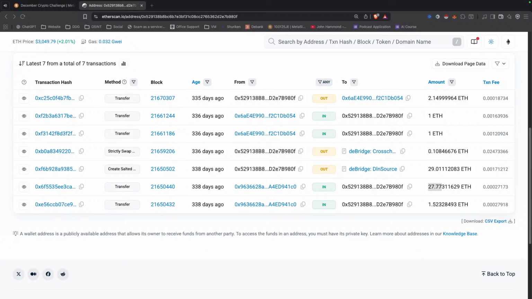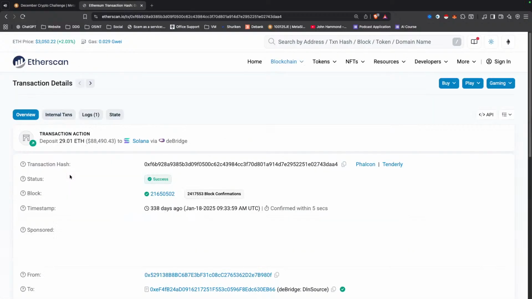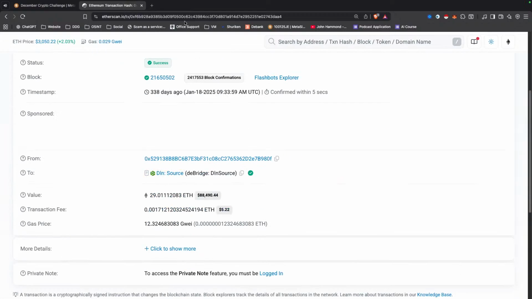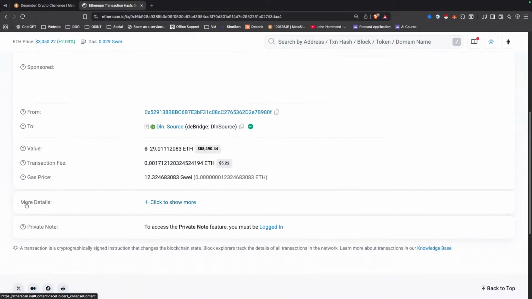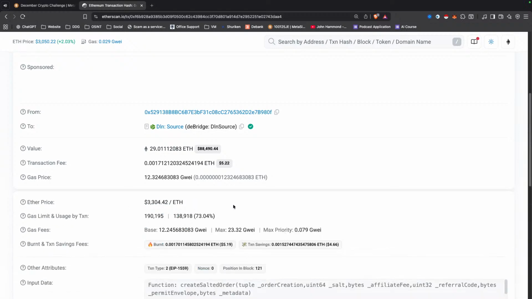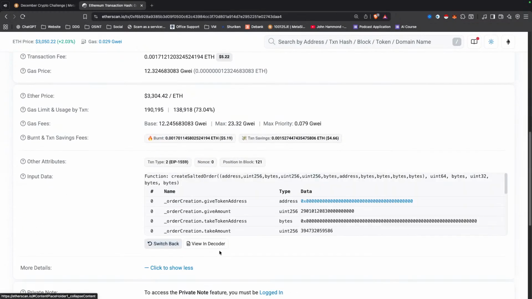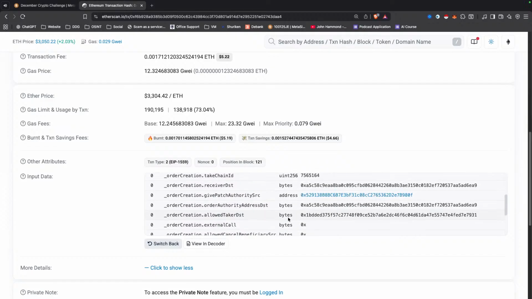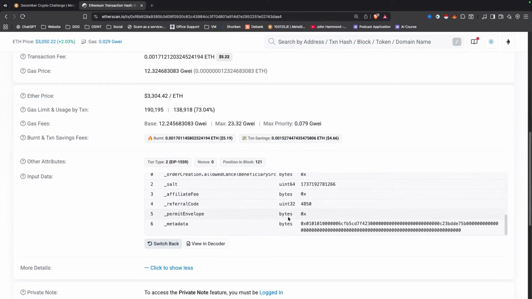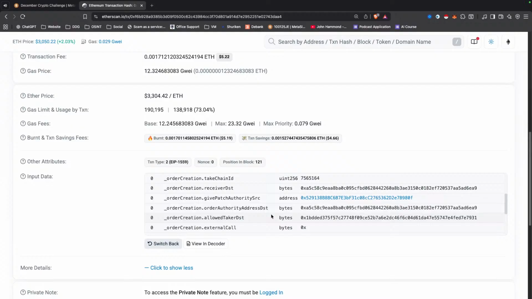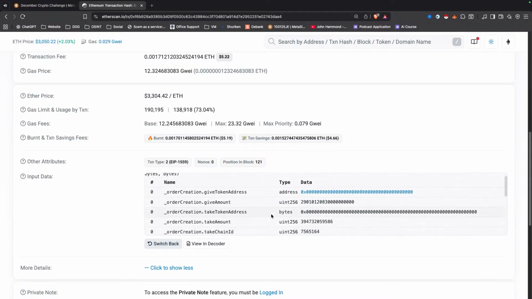So first thing I would recommend is check out the transaction. What can we see from the transaction? You know, sometimes we've got some really important information here. Sometimes in this more details, we can click to show more and it might show us some info, right? So we've got a bunch of information here, none of which makes too much sense to us, I don't think at this time.